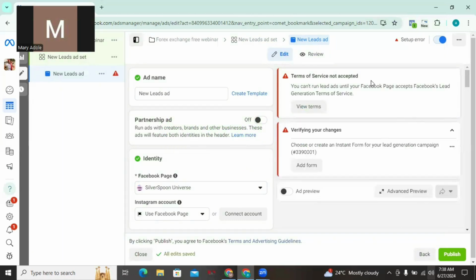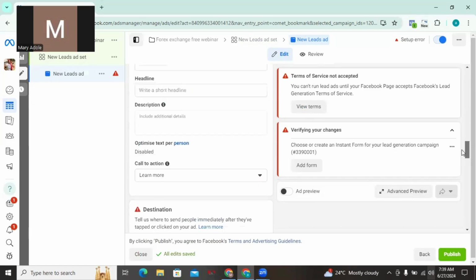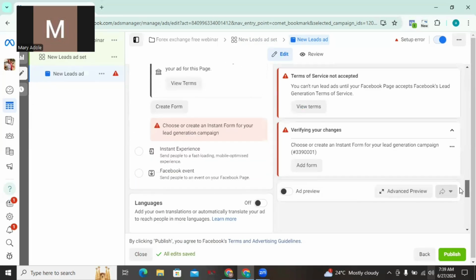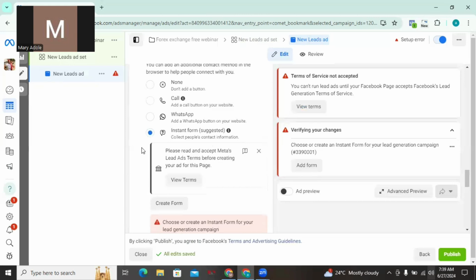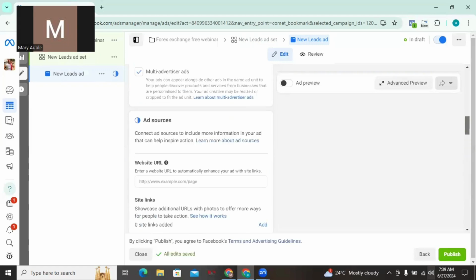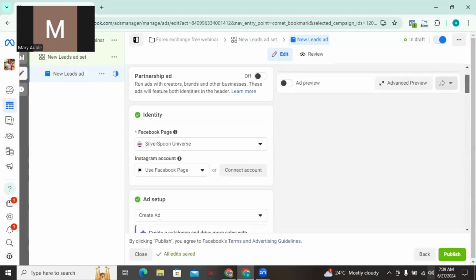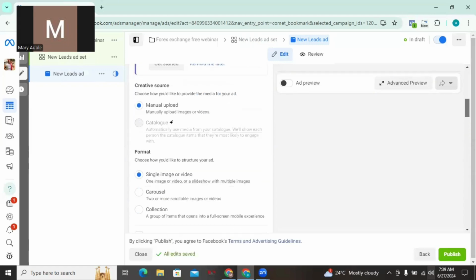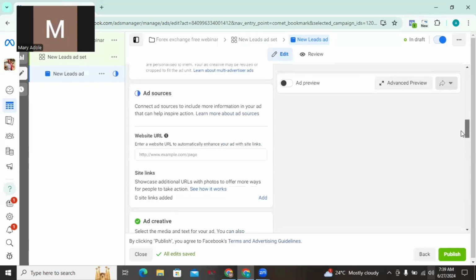And then all of these errors you're seeing here is because there is something that is ticked by itself. So I'm just going to scroll down and remove it. All right. So there is an instant form suggestion here. I'll just click on none, and then it's going to be taking off all the errors. All right. So I'll scroll further down, and I've already selected my page. Then the next thing I'm going to do is to select my